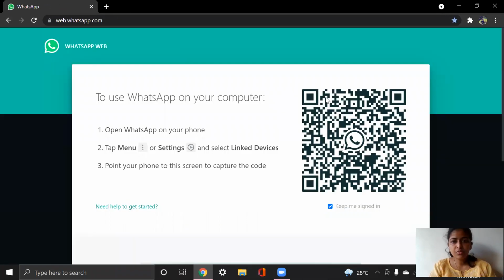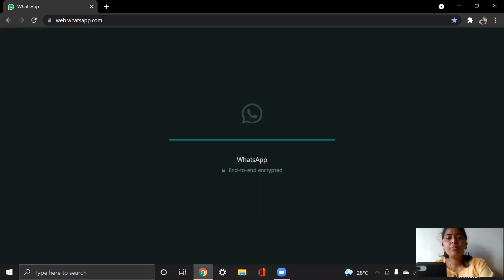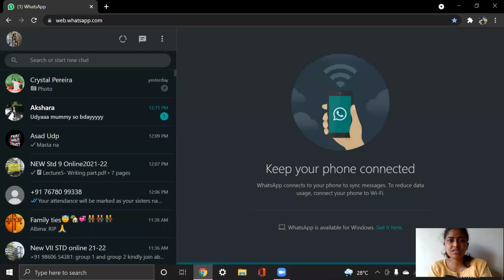After you go on WhatsApp web, you will get a barcode. That barcode you have to scan in your mobile WhatsApp. If you open your mobile, in the three dots on the upper right hand corner, you will get an option. If you click on the three dots, you will get the option WhatsApp web, or Link a device. After you open it, you will get a small box where you have to scan this code. Just put your mobile camera on that code.